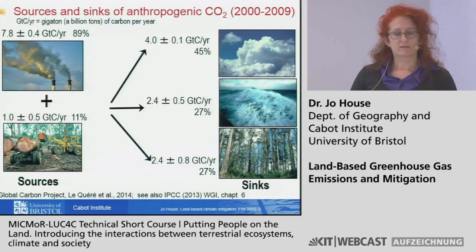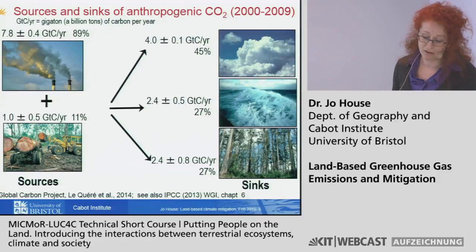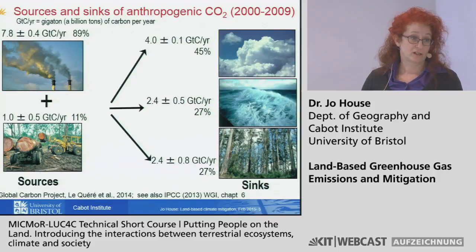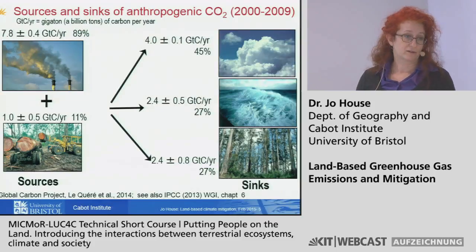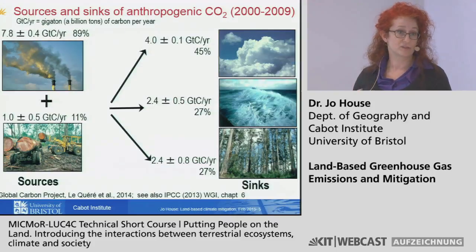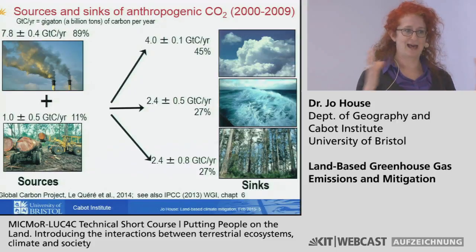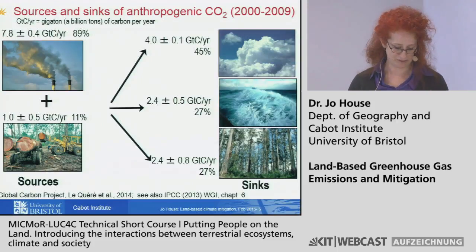And we don't have an exact handle on it. We know generally why the land is taking up carbon, but we don't have a very exact breakdown on it. But that's largely to do with carbon dioxide fertilisation and with climate change already experienced. So this isn't afforestation or anything like that. This is just the response of the natural system to mostly environmental change. And that's quite a service the land is providing in being a sink for CO2. So when we come to looking at things from a more land ecosystem services perspective, that's quite an important service.